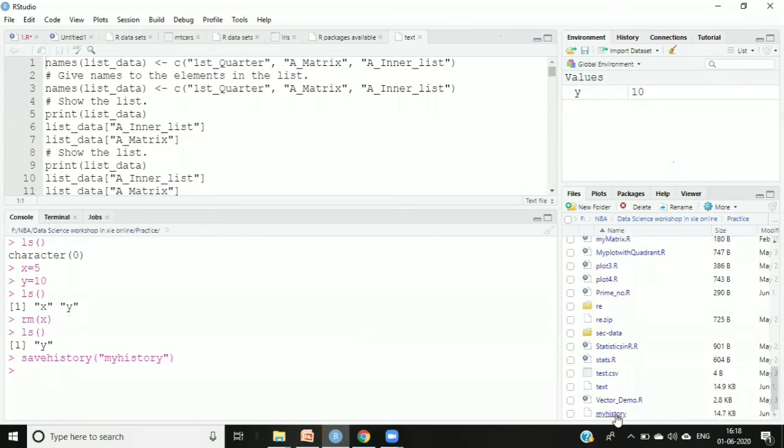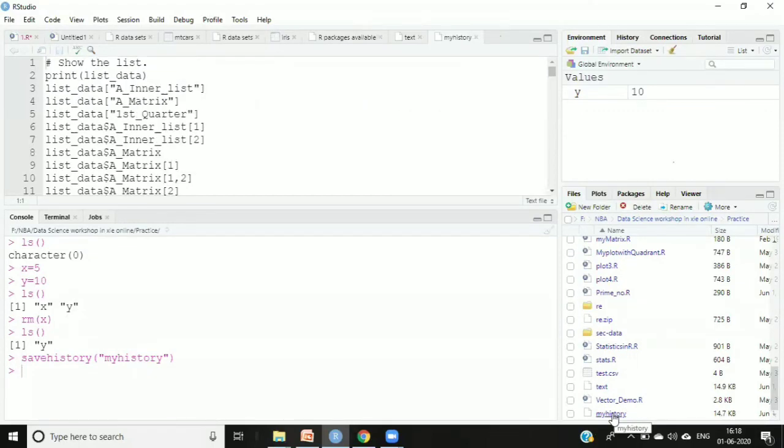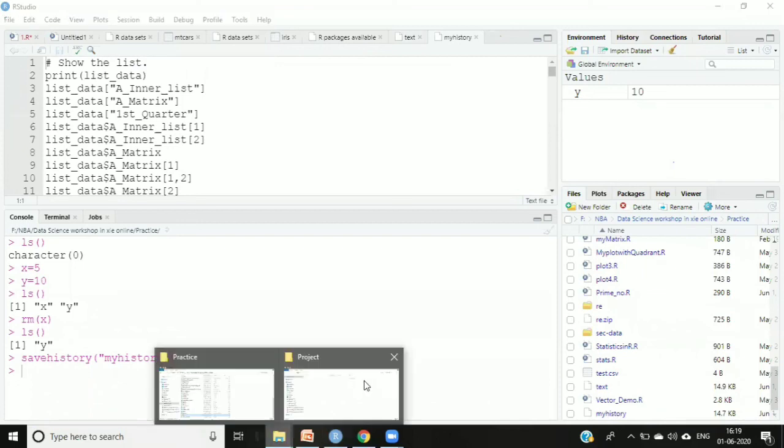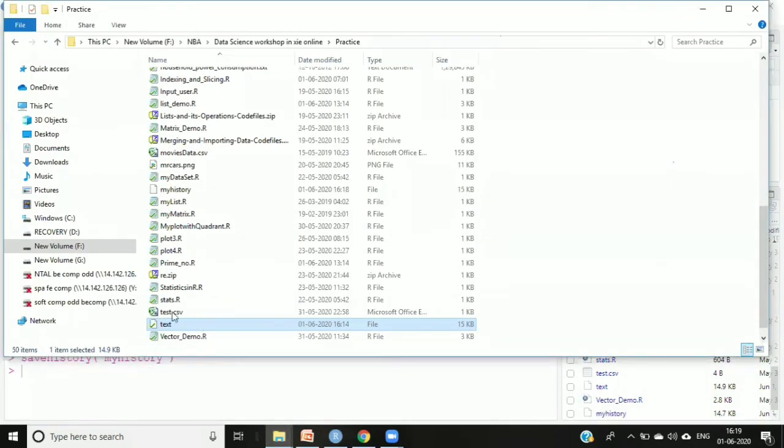If you see over here, my history got created. Now clicking on this is not working for my case, but for your case it will work. So just check it. If you click directly over here, or you can go to that particular folder. This is my folder, practice folder. Here I am having my history. Let me check. Yeah, this file.